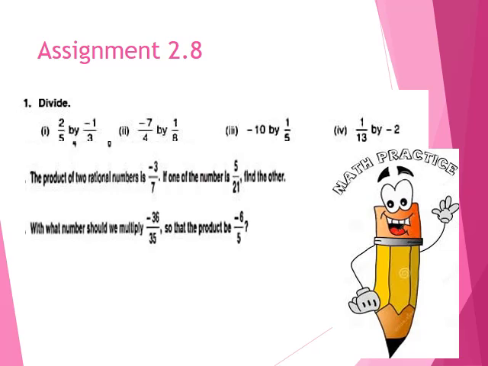So here is a small assignment for you. Today we have learnt about the division of rational numbers, which is the same as multiplication, the only change being that while changing the sign we have to take the reciprocal of the second number. I hope you have a clear idea and better understanding of the topic because I explained all the points in detail. Here is an assignment for you because this assignment will help you check your understanding of the topic, and I hope you will try it honestly to solve the assignment.